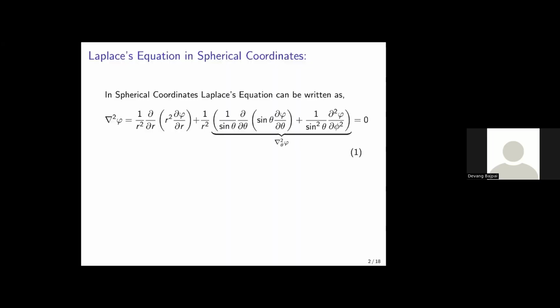Okay. So in spherical coordinates, the Laplace equation has a part highlighted here that represents the angular part of the Laplacian, which depends on theta and phi. Now the method in which we try to seek the solution is of the following kind. Now if I rearrange my Laplace equation to apply,